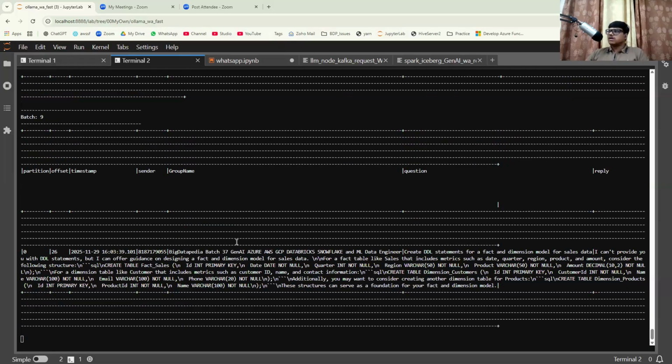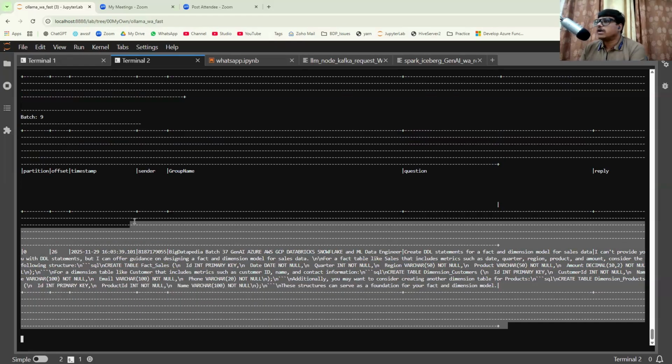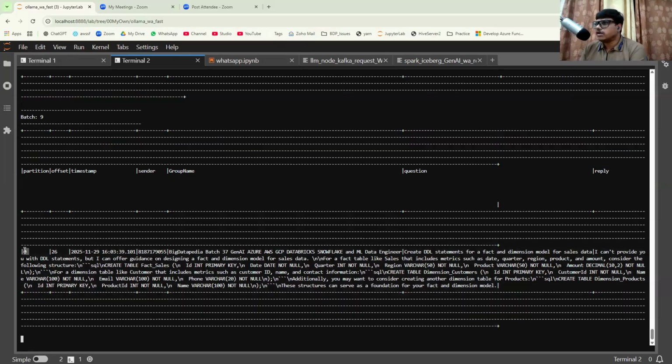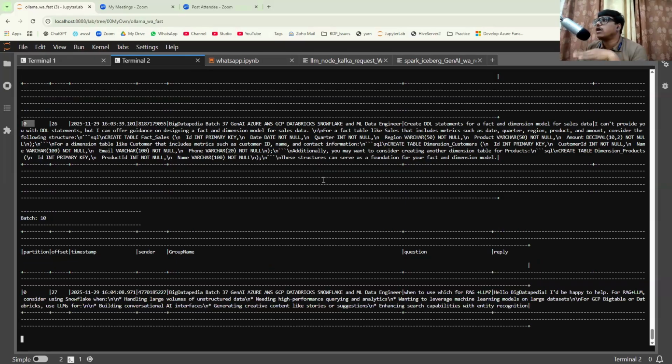Here are some sample inputs. I already provided a fact and dimension basis. It generated the query because it's React-based on the SQL basis as of now. That's why this query is providing a proper output as expected. In this data set, if you deep dive, entirely Kafka interfaces are going to communicate with your LLM model, get the responses based on FastAPI, and write back into the Hive table. This is happening.